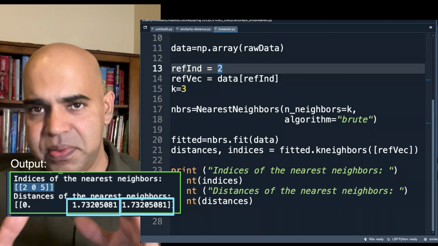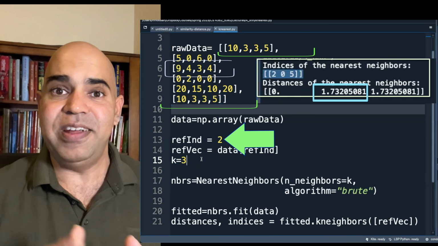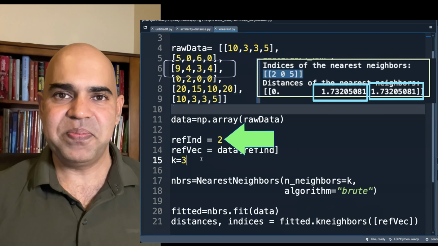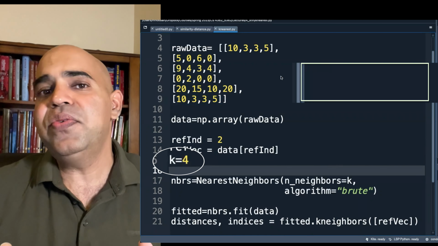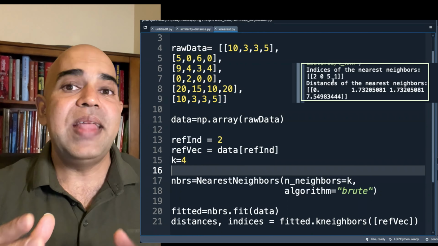It is likely that row 0 and row 5 are the same. Let us check. Yes, row 0 and row 5 are the same. This is why their distance from the reference vector is the same. If you change k to 4, obviously you will get 4 nearest neighbors. Now you might say,